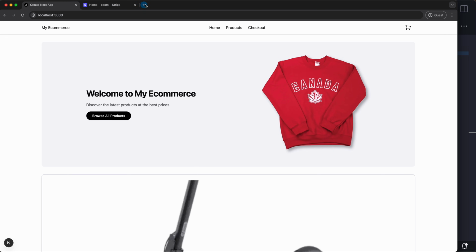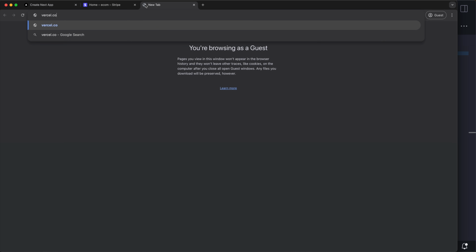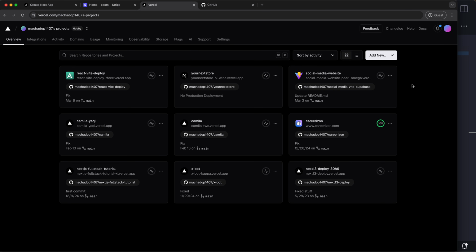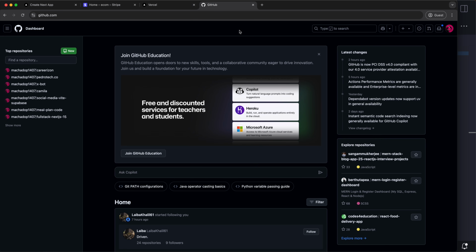So I'm going to go to Vercel.com, and if you don't have an account on Vercel, I recommend signing up, especially with GitHub, because that's how we're going to be deploying it. Perfect. So I just logged into my Vercel account, and I want to create first an actual Git repository for